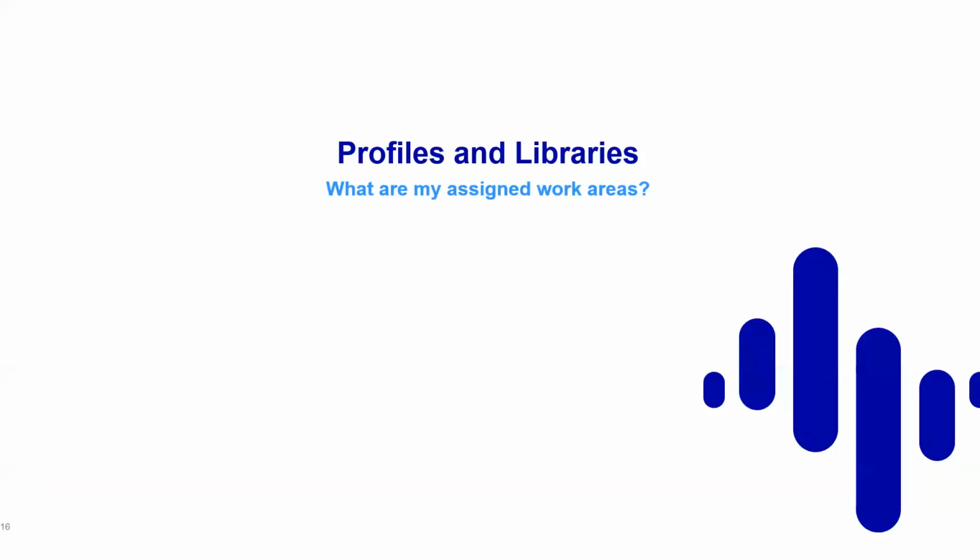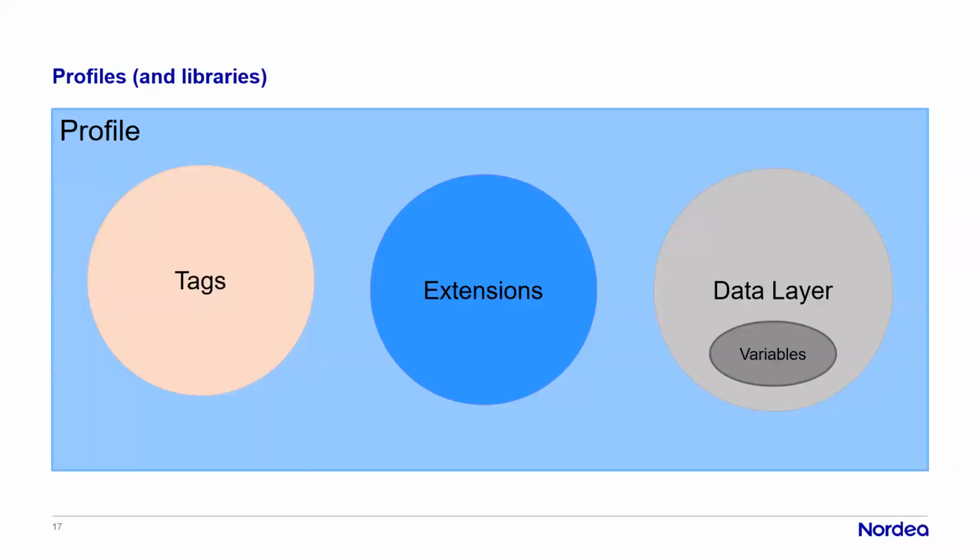So now I want to go a little bit further into some of these mentioned concepts, starting with profiles and libraries, because that's kind of the buckets we work in. So where are our work areas? Or what are our work areas? So as mentioned, profiles are the container we work in, the bucket we work in, and inside of a profile we have